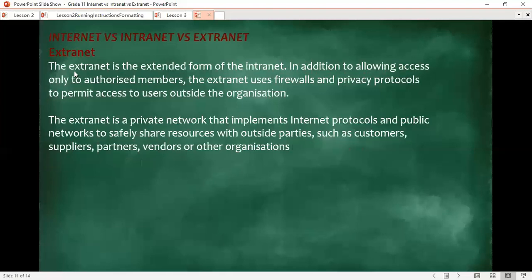And then an extranet, now we're going to come to an extranet. The extranet is the extended form of,